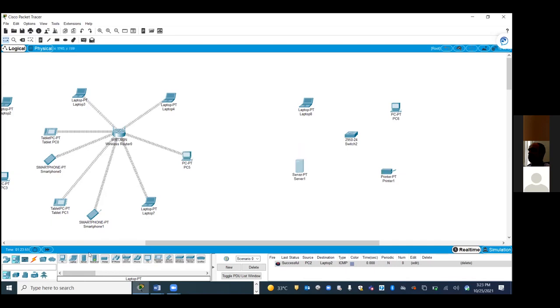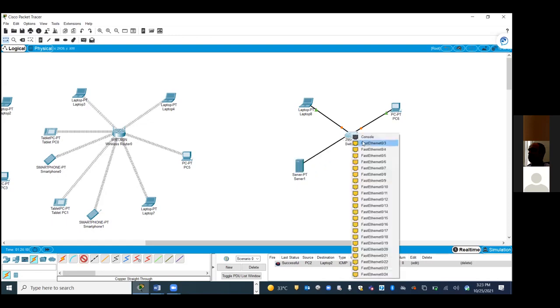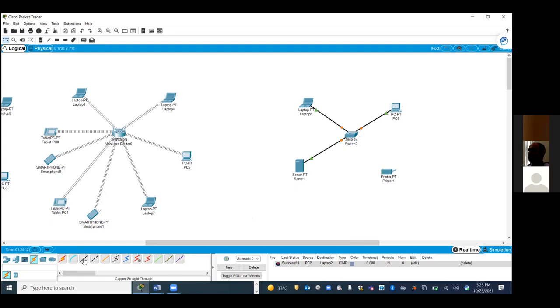So all of you know how to connect, right? Straight cable, fast Ethernet. Same like you connect a PC. Server, fast Ethernet.